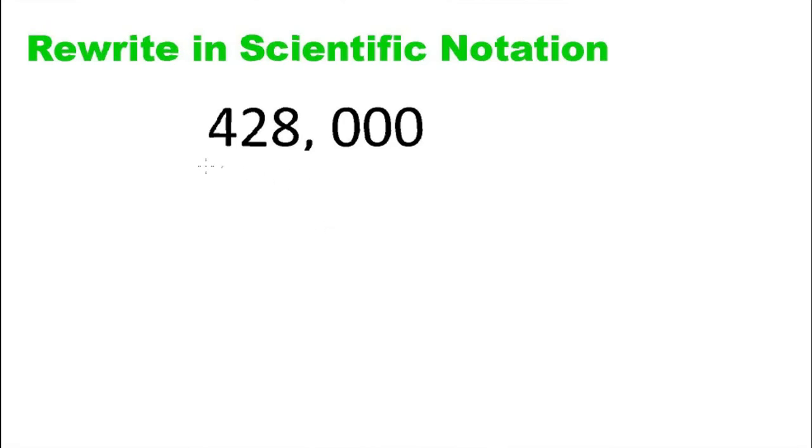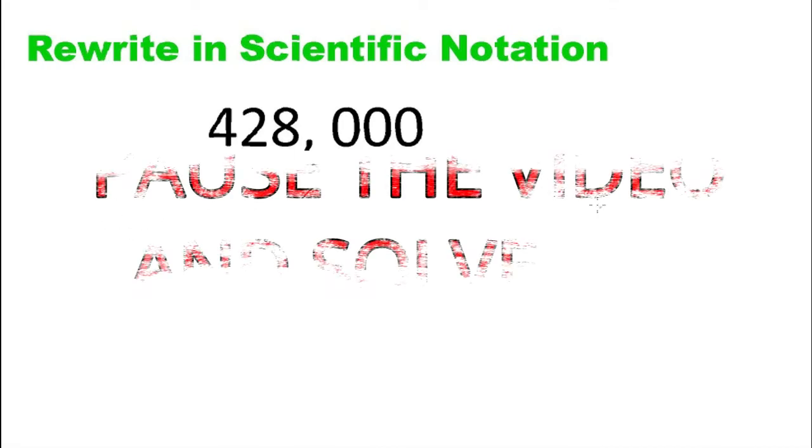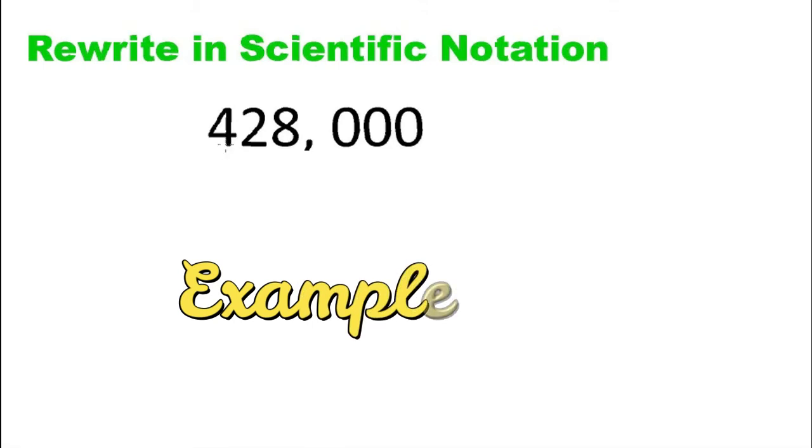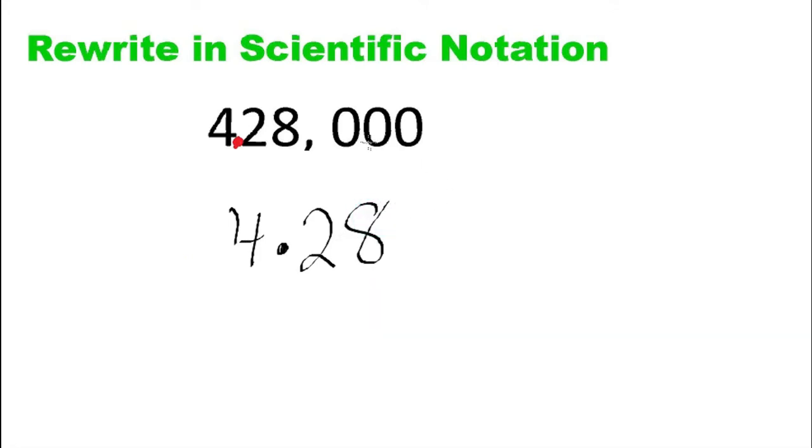Alright, welcome back. Now what we're going to do is just the opposite. We're going to convert from standard notation to scientific notation. And to do that, first of all, when we're converting to scientific notation, there's always a decimal right after the first whole number. So we have right after the 4 here would be a decimal. And we will rewrite it as 4.28, and then we would say times 10,